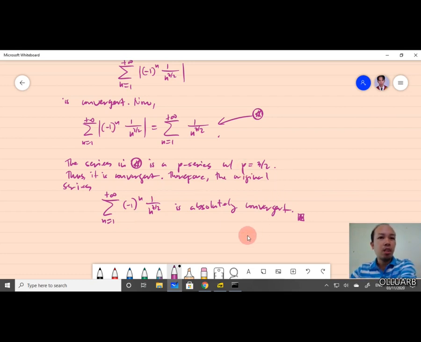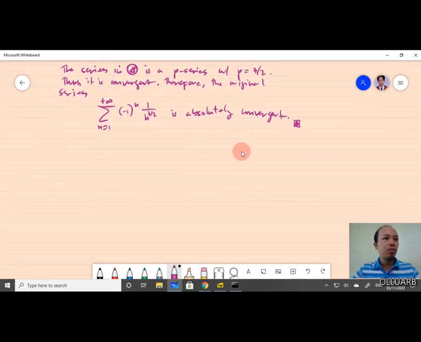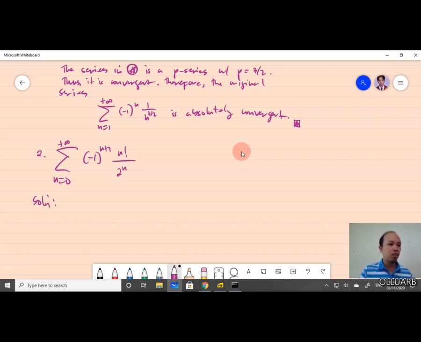Okay, so let's try another problem. Problem number 2: summation of negative 1 to the n plus 1 times n factorial over 2 to the n, where n starts from 0 to positive infinity. Again, solution: the given series will be absolutely convergent